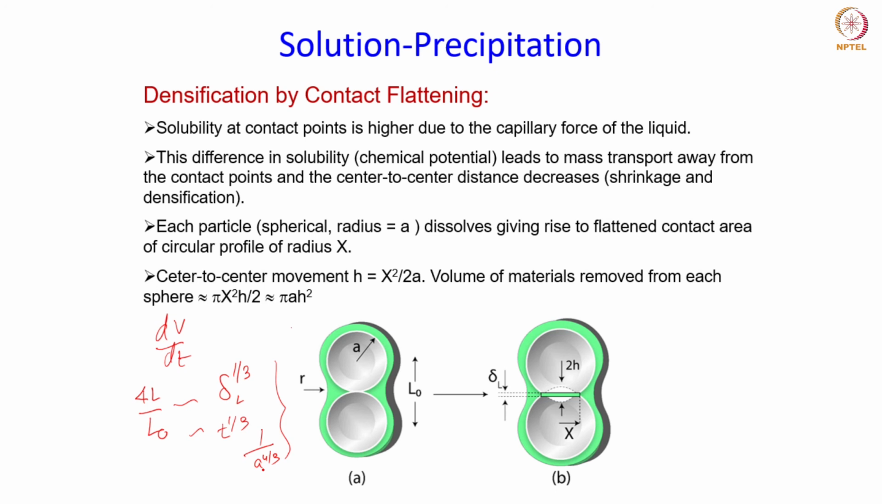So as the contacts flatten and the material is transported away, shrinkage takes place, and that is how the densification occurs in this case. Okay, so that's all I have for